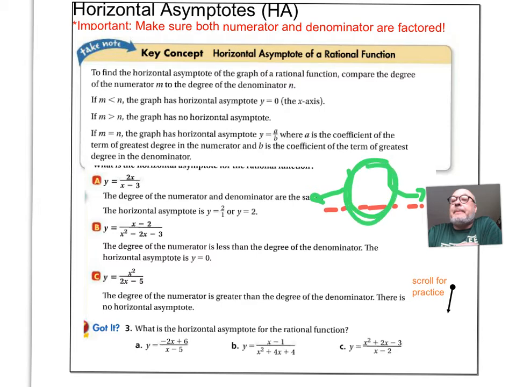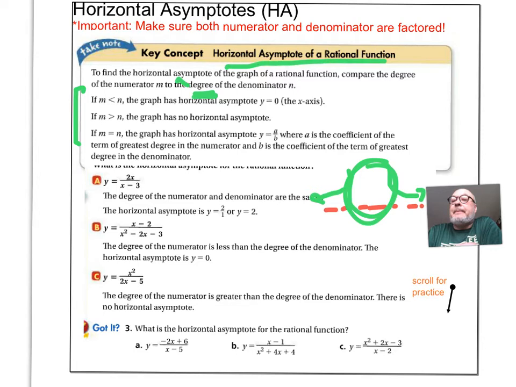But this is what it says in our book. If you look in our book, it tells you in detail how to find horizontal asymptotes of a rational function. Horizontal asymptotes are very important for calculus, so that's something you're going to look at later too. But there's a very easy way to do it. And that easy way is to look at the degree, and degree is the highest exponent on x in both the